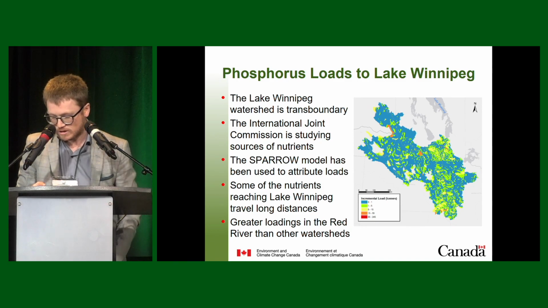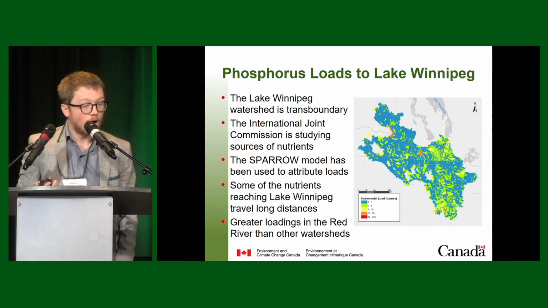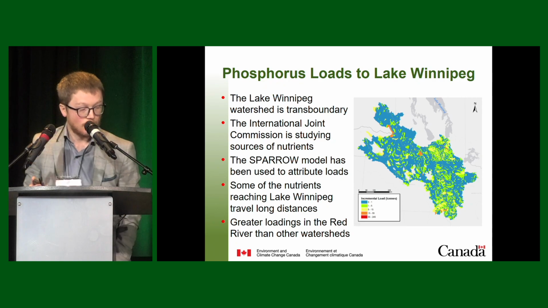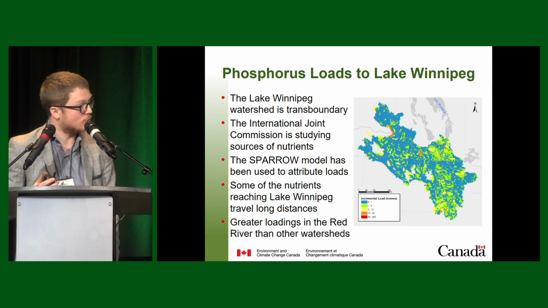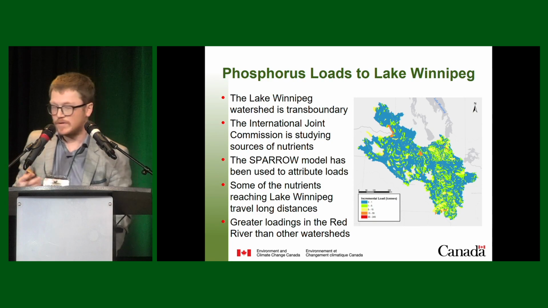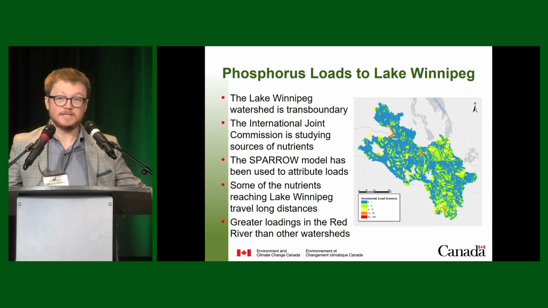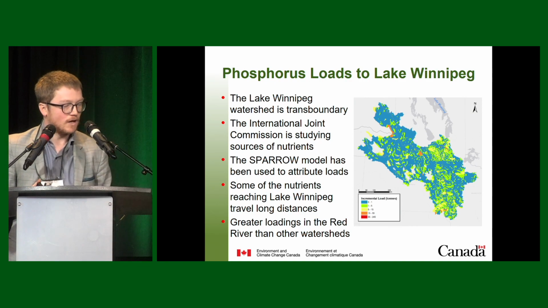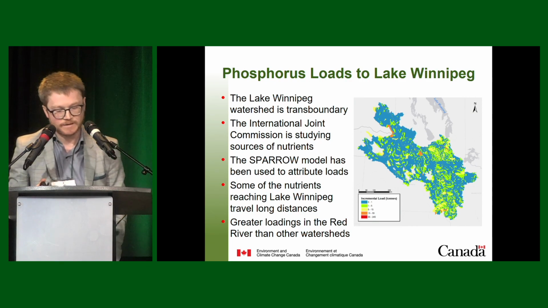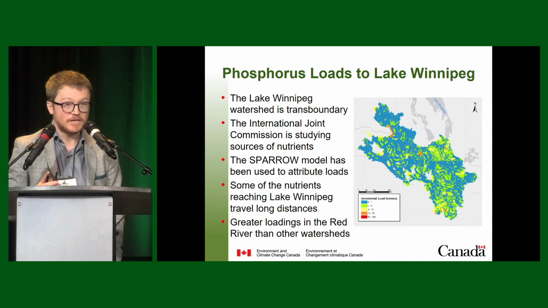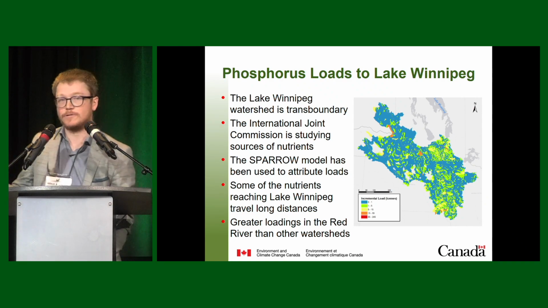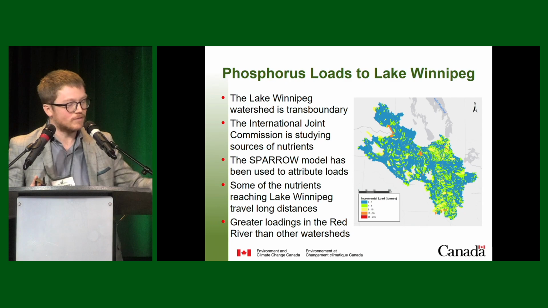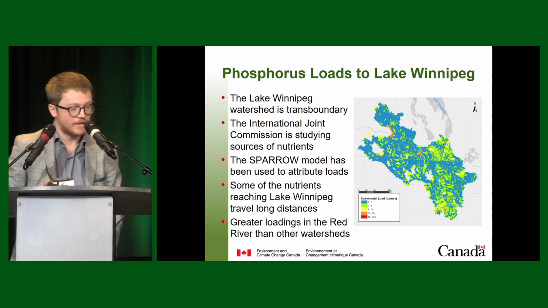And so you can clearly see there are certain hotspots within this from those orange colors in the diagram, notably around the Red River. But there is also a vast area where we see relatively small contributions of phosphorus entering the Lake Winnipeg watershed. And as an example, we can see even from areas such as Alberta or South Dakota, nutrients ultimately entering into Lake Winnipeg.